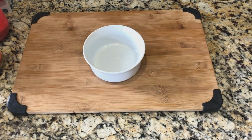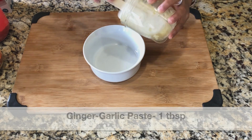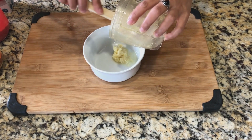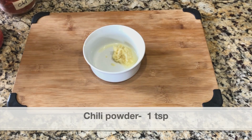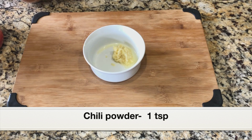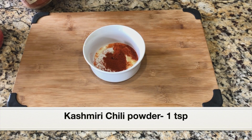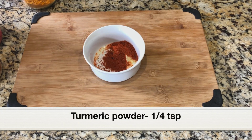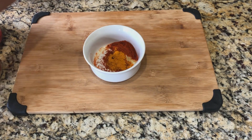Let's first make the homemade marinade to marinate the whole chicken. So into a bowl, I'm going to add 1 tablespoon ginger garlic paste. I added fresh ginger and garlic and ground it in a blender jar. 1 teaspoon chili powder. You can add up to 1.5 to 2 teaspoons based on your spice level. I'm also adding 1 teaspoon Kashmiri chili powder. This will give a nice red color, and 1/4 teaspoon turmeric powder,